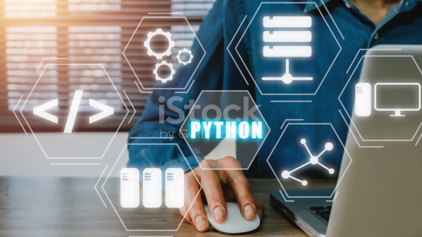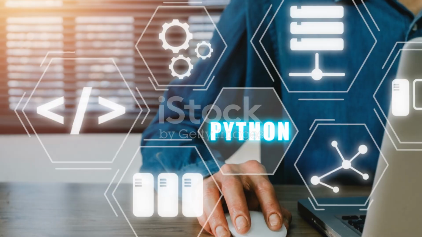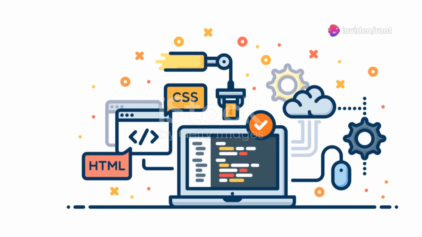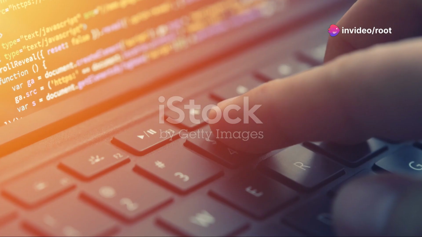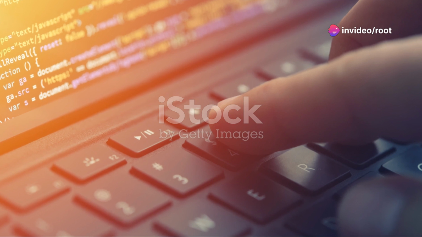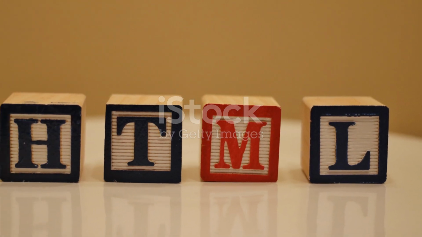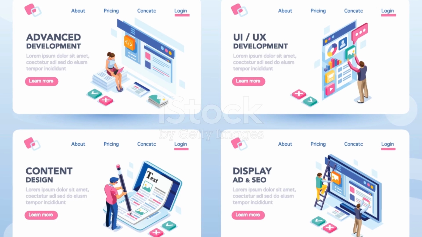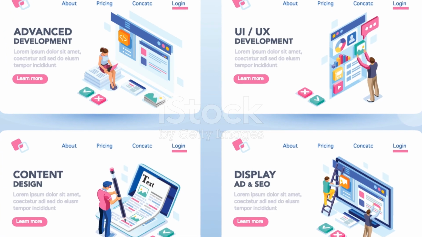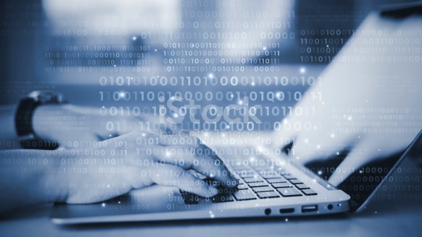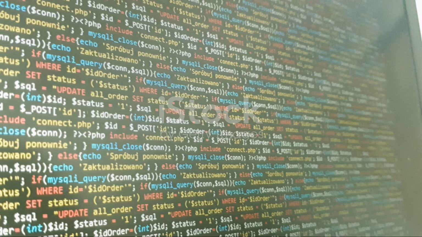Of course, HTML is vast, and there's much more to learn, like adding styles with CSS and making pages interactive with JavaScript. But understanding these basics is your first step towards mastering web development. Remember, the best way to learn is by doing. So I encourage you to experiment with the tags we discussed today and start building your own web pages. Practice, practice, and more practice will make you fluent in HTML and ready to tackle more complex projects.